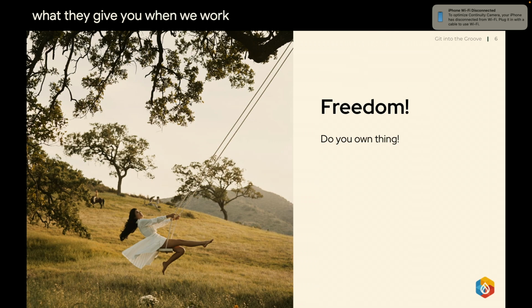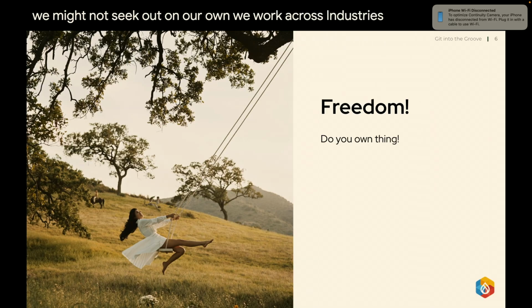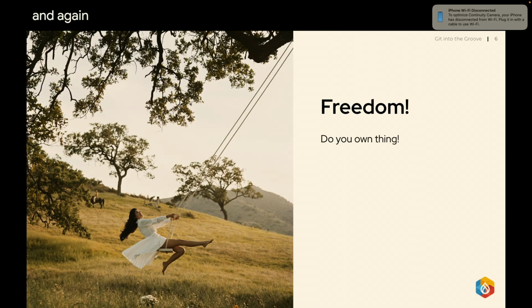When we work with other people, we gain diverse experience we might not seek out on our own. We work across industries and technologies. And again, there's flexible location. After the pandemic, fewer of us travel onto campus, but before, some of us had to go into the office or use co-working spaces.